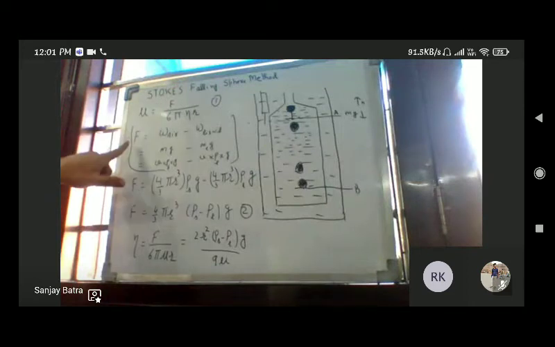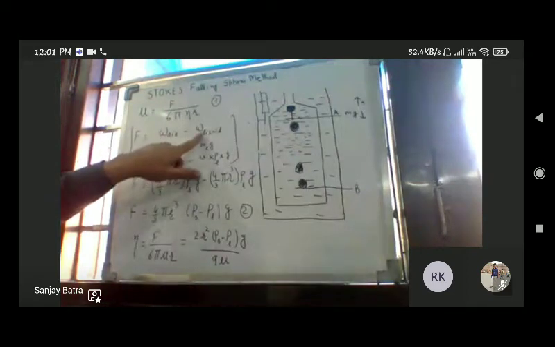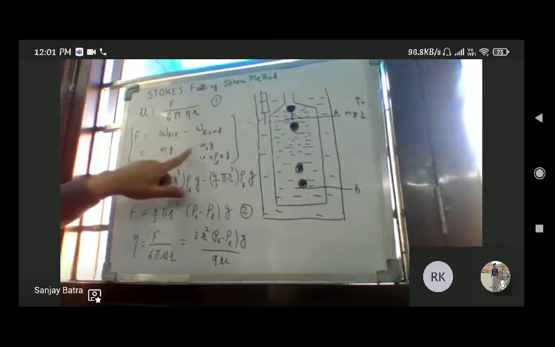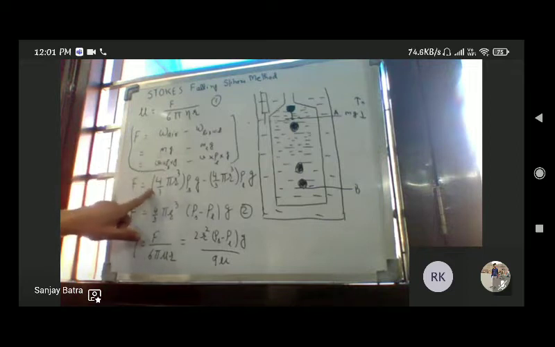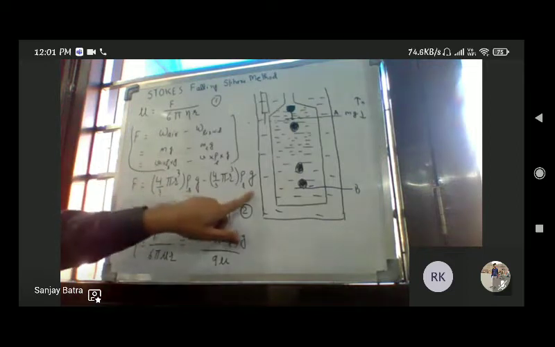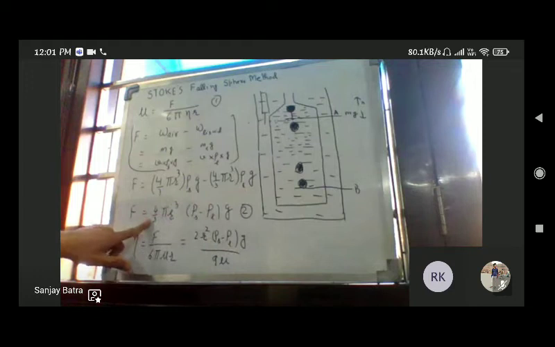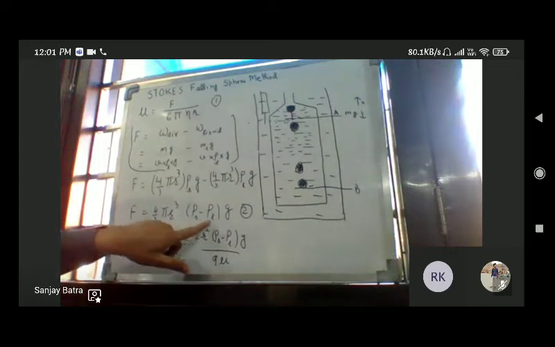This net force is again defined as mass of the sphere in air minus mass of the liquid displaced, you can say, or mass of the sphere in liquid. And that becomes m into g. M को हम फिर से mass is volume into density. Volume is 4 by 3 pi r cube. So if I use all this, we get here 4 by 3 pi r cube (rho s minus rho l).